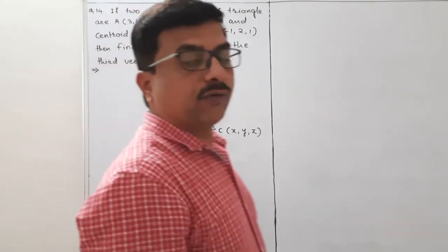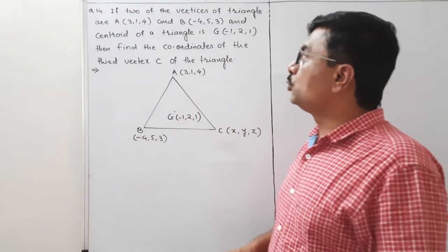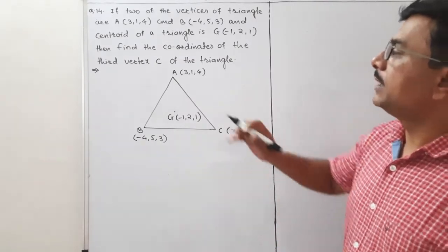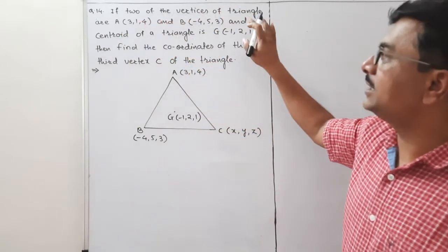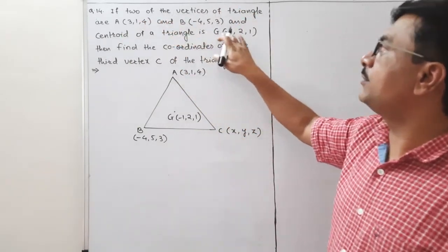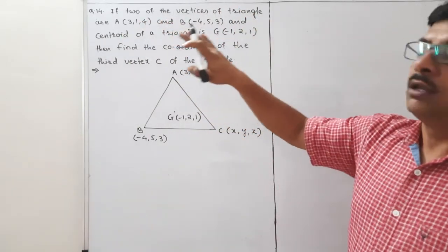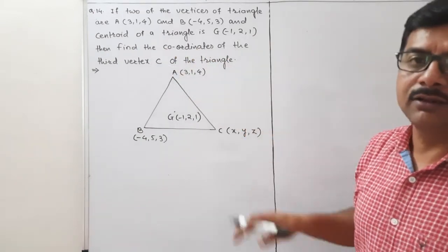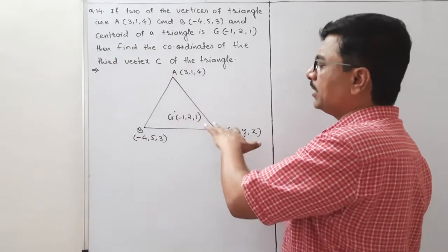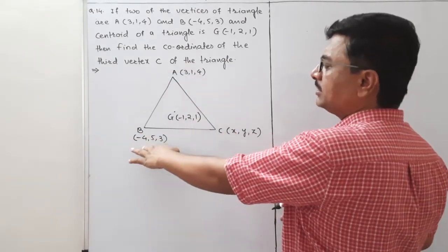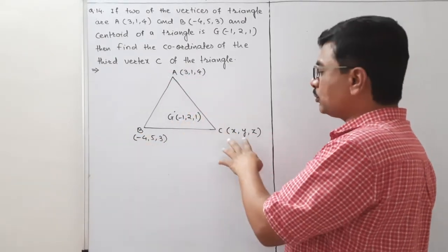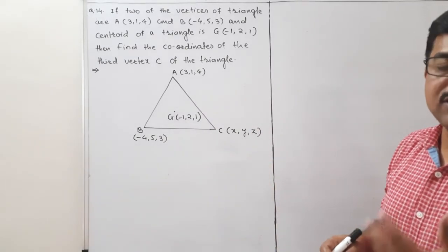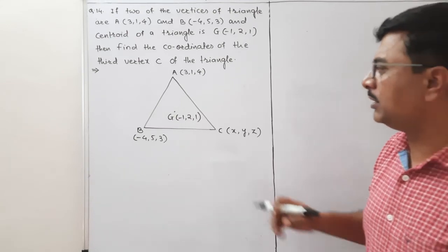Now read question number 14. If two of the vertices of triangle are given A and B, A के कोऑर्डिनेट दिए हैं, B के कोऑर्डिनेट दिए हैं, and centroid of triangle G is given -1, 2, 1, and the question is to find the coordinates of the third vertex C of the triangle. ट्रायंगल हमने लिया है एक, और इस ट्रायंगल में A B के कोऑर्डिनेट दिए हैं, G के कोऑर्डिनेट दिए हैं, हमको C के कोऑर्डिनेट निकालने हैं। आप सेंट्रॉइड फॉर्मूला फॉर कोऑर्डिनेट्स डायरेक्टली भी यूज कर सकते हैं यहाँ पर, और